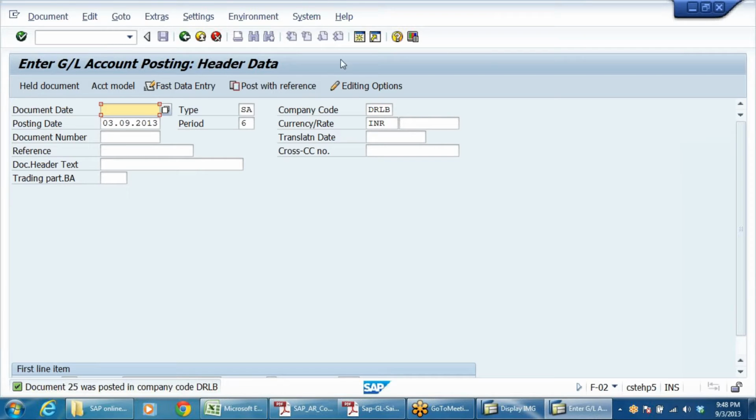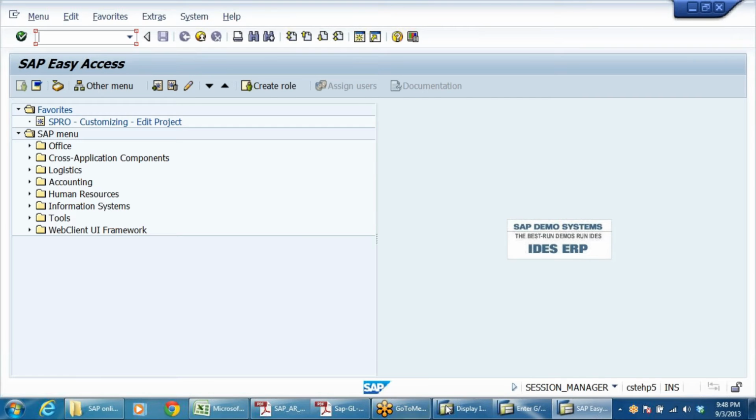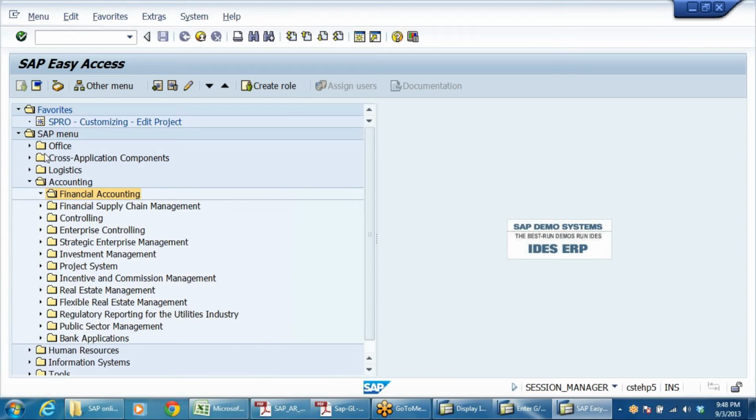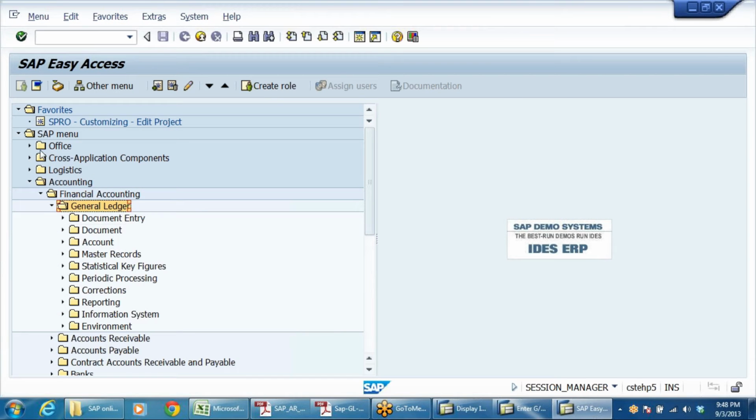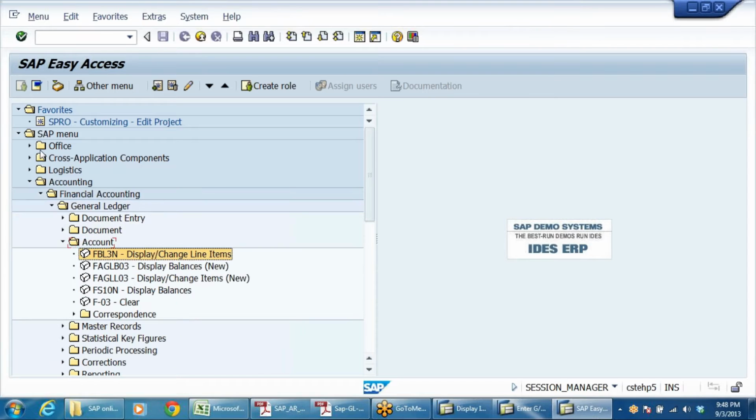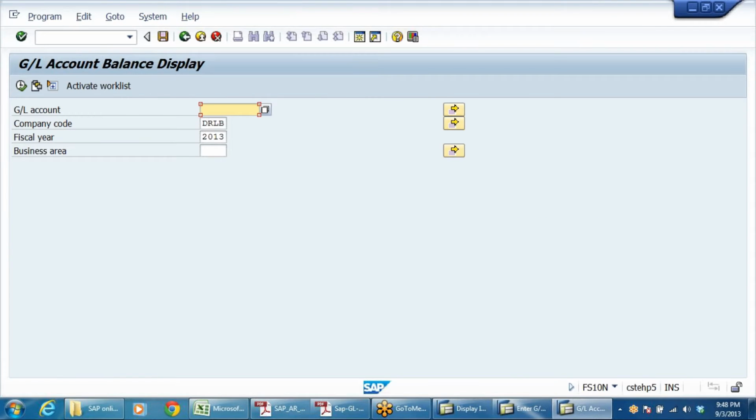Now let me check the GL account. Financial accounting, general ledger account, FS10N, 400304, printing and stationery.